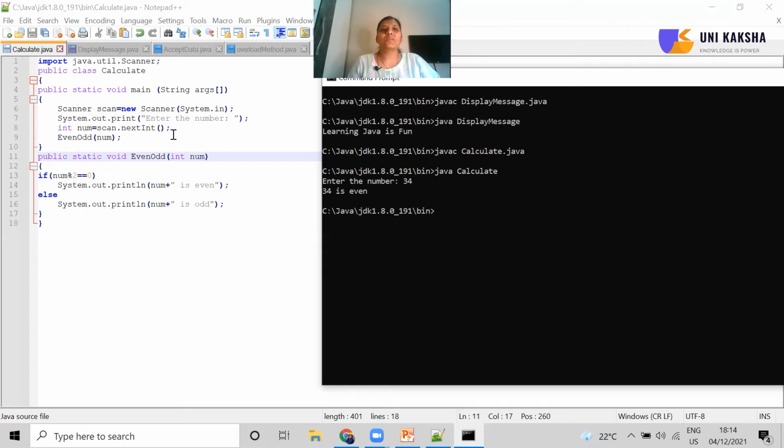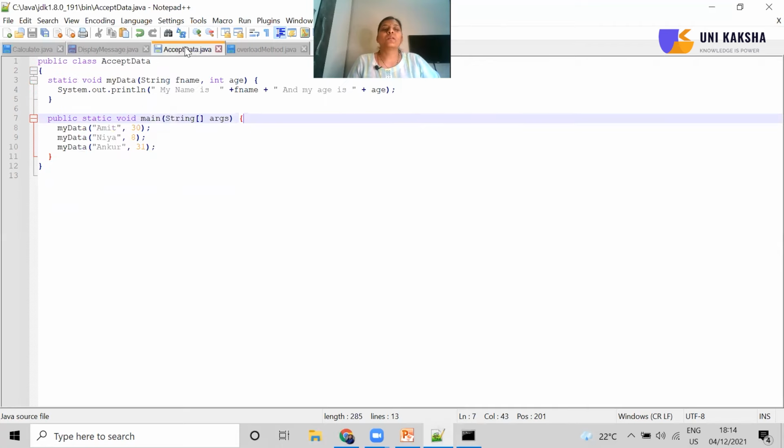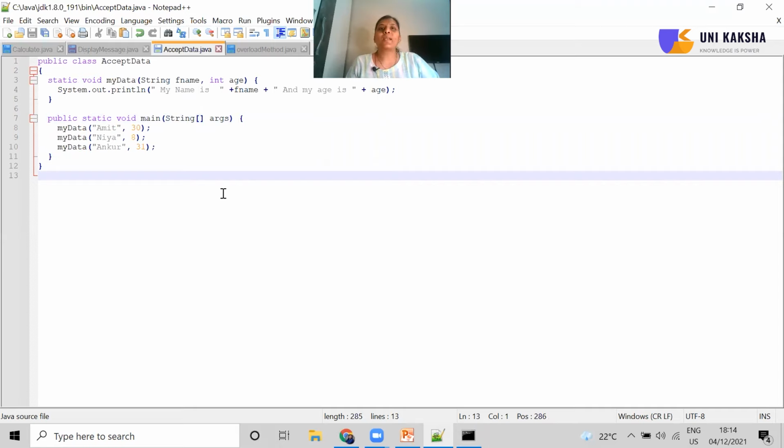So this is the next way. Now here, if you want to pass multiple parameters in a method, then also it can be done, and different types of parameters can also be used. Here I have written public class AcceptData.